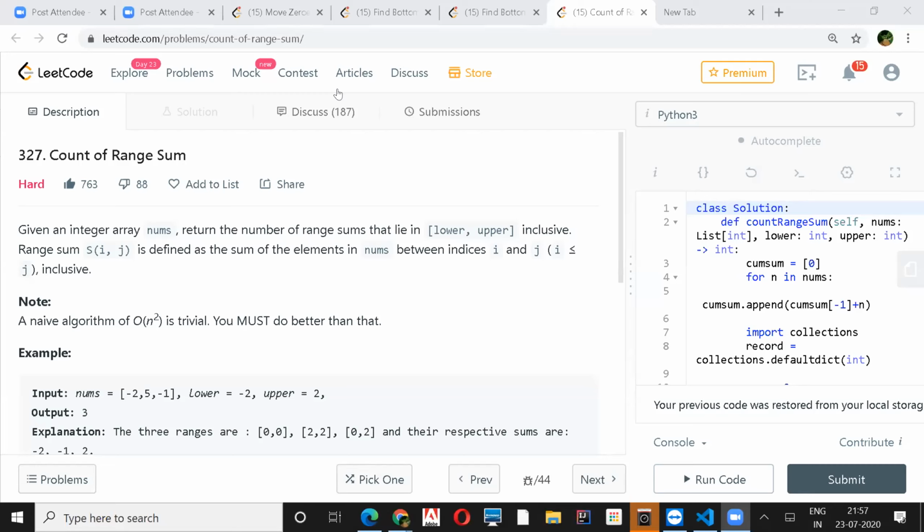But prefix sum surely will be needed in this one, correct? To find the better, not the brute force, but the optimal solution. Yeah, one step will be prefix sum, I think. And still you are not going to get something much better than O(n log n), right? Yeah. You'll still be getting something closer to n square, but slightly less than n square. Yes, somewhat. And space also you'll have to use for that.